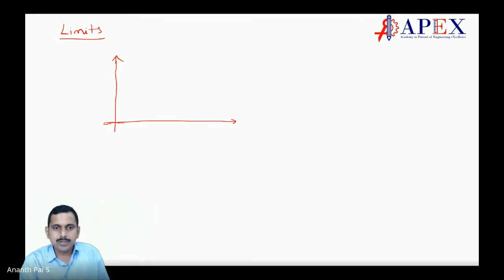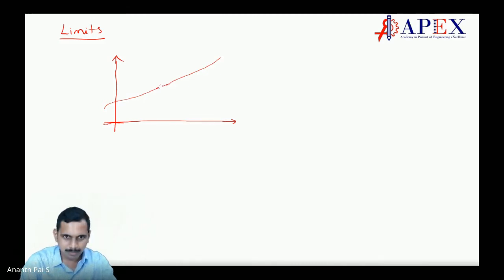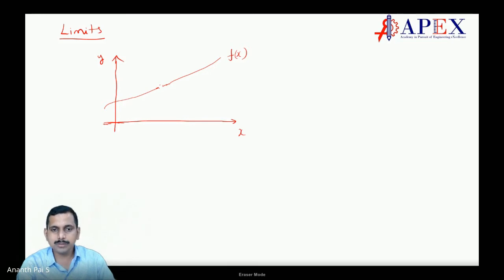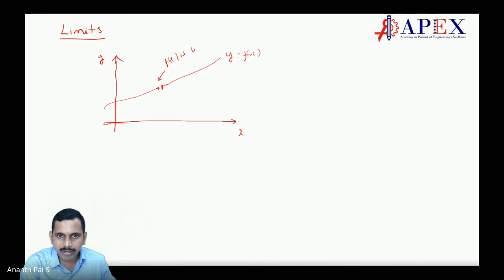So now if I have a curve, for example, in case this curve is not defined for a small amount here. There are cases when a particular function f of x, say y is equal to f of x, at some place is non-defined or undefined. Say for this place, f of x is undefined in this region.